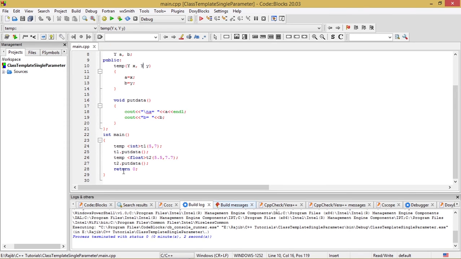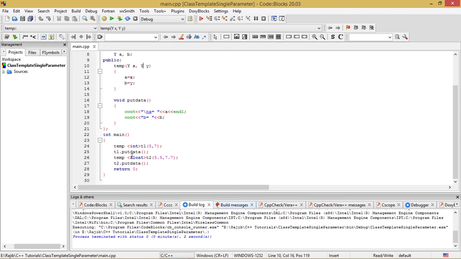In this way, this t2 object has been initialized with 5.5 and 7.7, which are the values of x and y, which are going to initialize the data members a and b. After that, I have displayed the values of a and b by the putdata function with the statement t2 dot putdata.